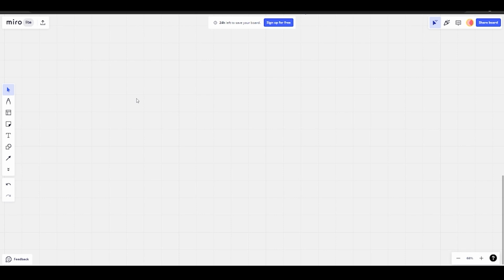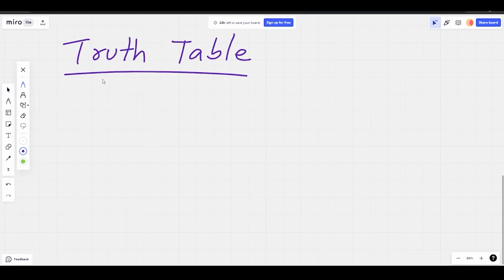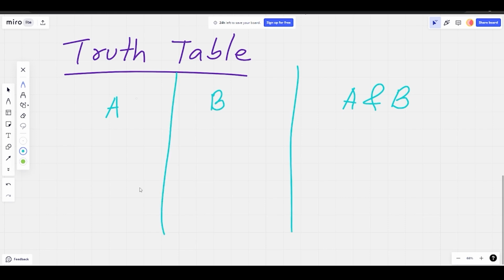For the bitwise AND, you have to know one thing, which is called a truth table. A truth table basically gives us an idea about what kind of outcome we will get when we do certain operations with binary bits. For example, if I have to draw the truth table of AND, we have A, B, and A AND B. So we have two inputs here, and A AND B is the output.